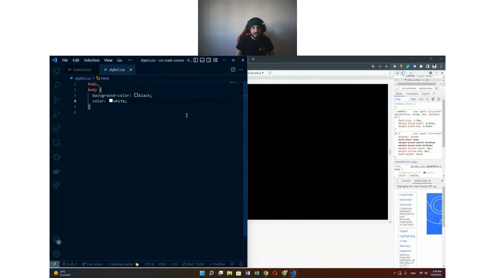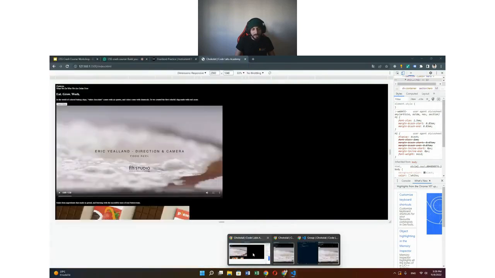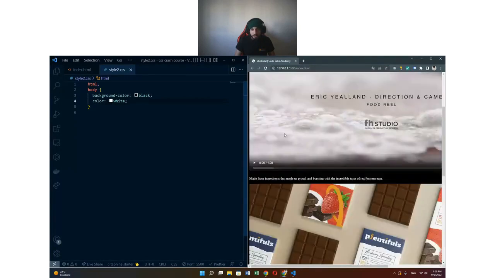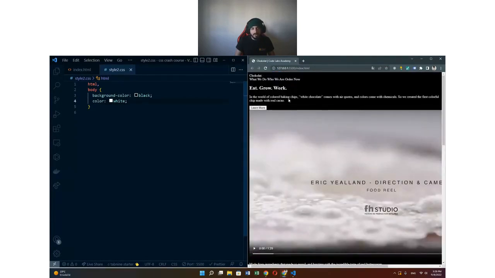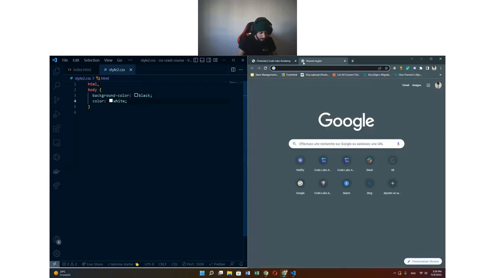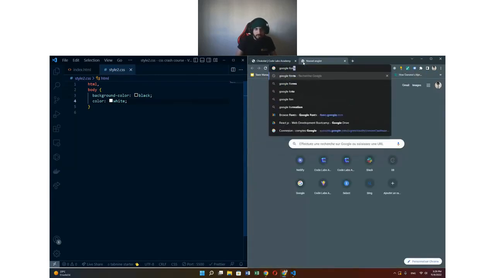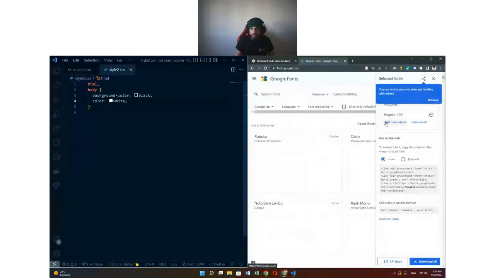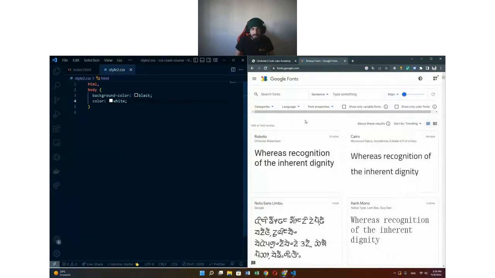And right now, I will try to change the font of my content. Right now, this font is actually not really good. I'm going to show you how to add a font inside your styling. There is a website I like, which is Google Fonts. Let's go to Google Fonts. And actually, I have two selected